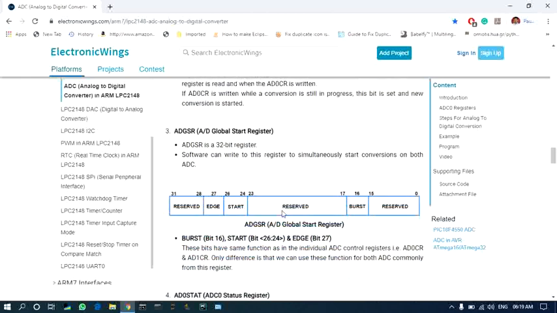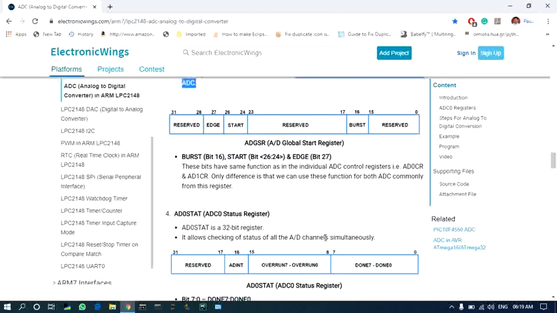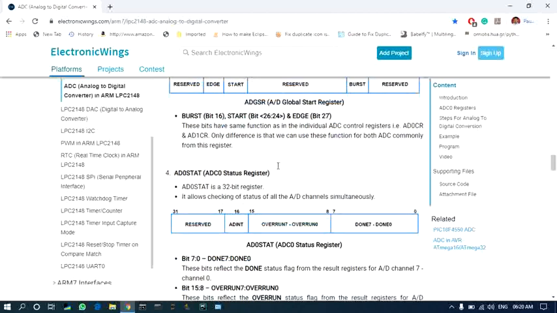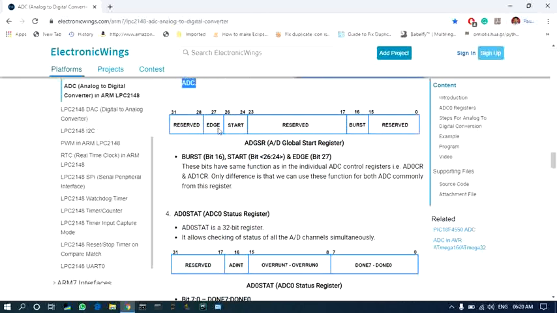We have ADGSR, which is referred to as the Global Start Register. Using this register, you can start the conversion of both the ADCs simultaneously. Whether it is in burst mode or not, you can specify here. Whether you want the conversion to happen in the edge mode or not, you can specify in this register.